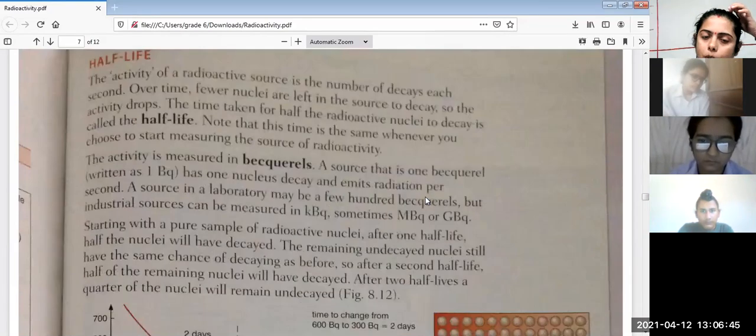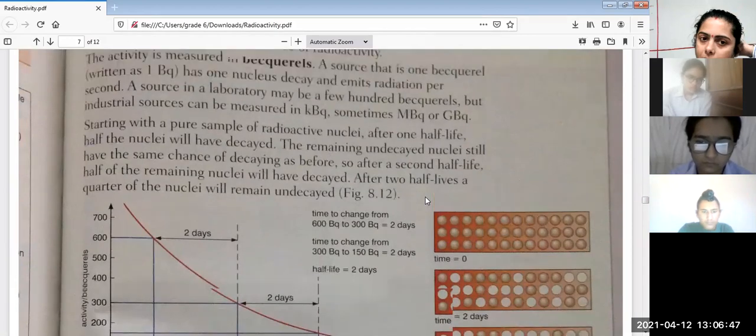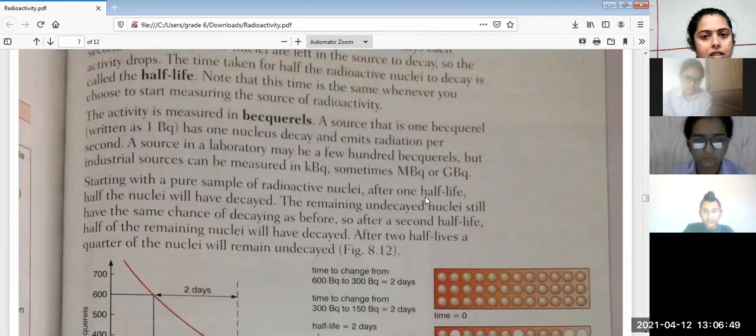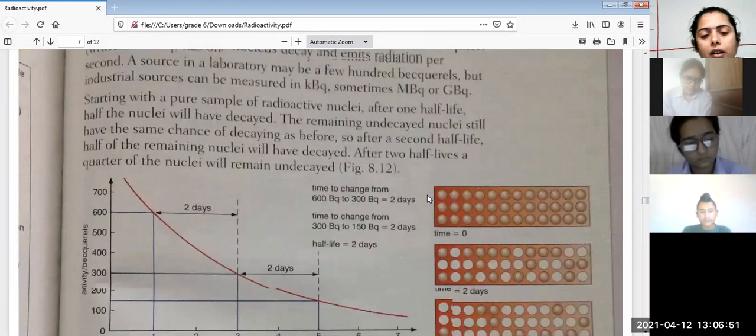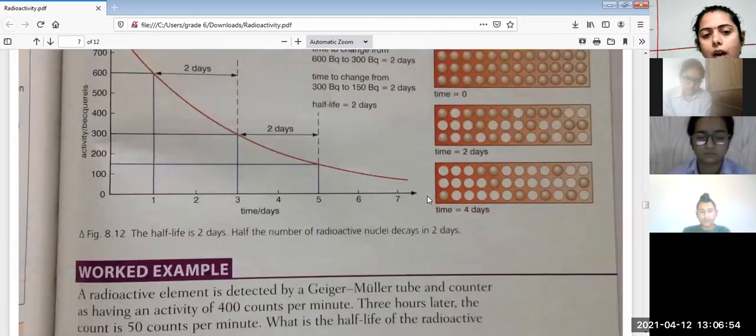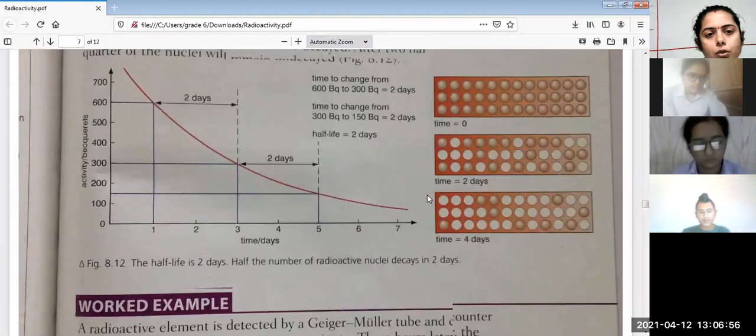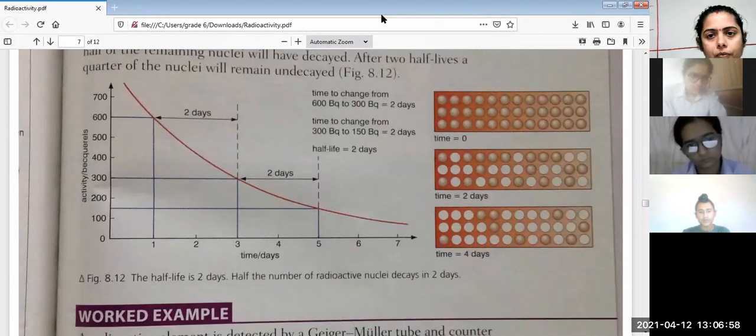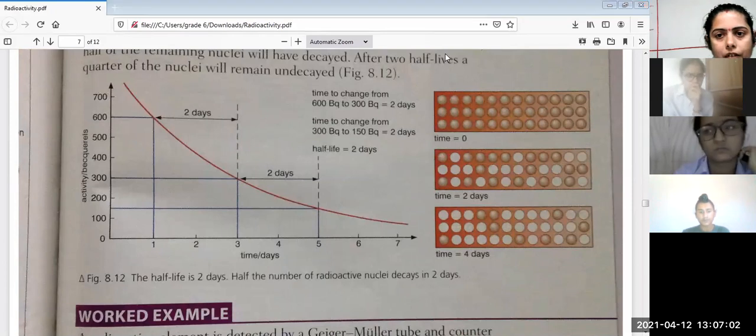Let's move on with the topic for today. Okay, this is next the half-life. This also we have done in the previous class. Half-life means reaching half of the level. I am going to tell you through this graph a little. But once again, it's my request, please watch the previous video. Fine.